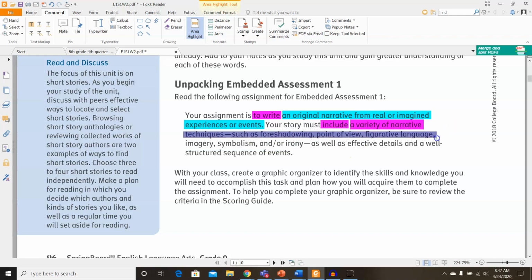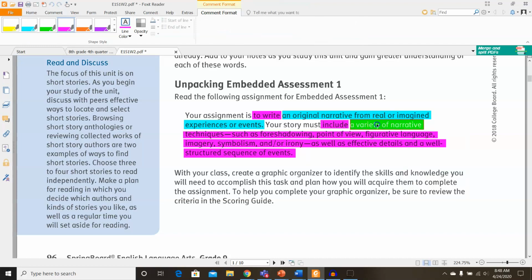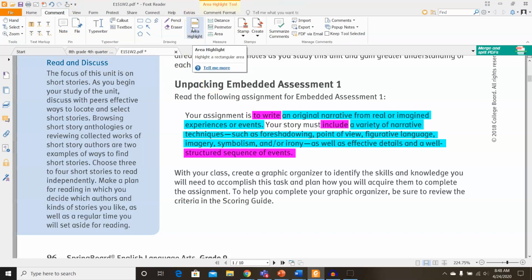Such as foreshadowing, point of view, figurative language, imagery, symbolism, and/or irony, as well as effective details in a well-structured sequence of events. So, let me just change the colors on these real quick. So now here at the bottom, I'm just going to jot down some ideas about the things I'm going to need to know in order to do